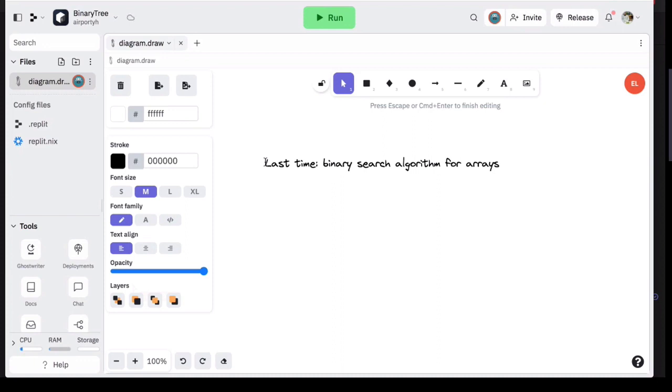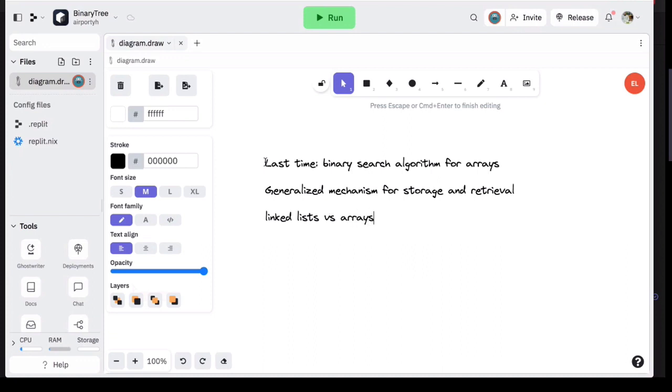I want to think about a generalized mechanism for storing and retrieving data, which is what we've been circling around with linked lists. So I want a generalized mechanism for storage and retrieval. And we talked about linked lists